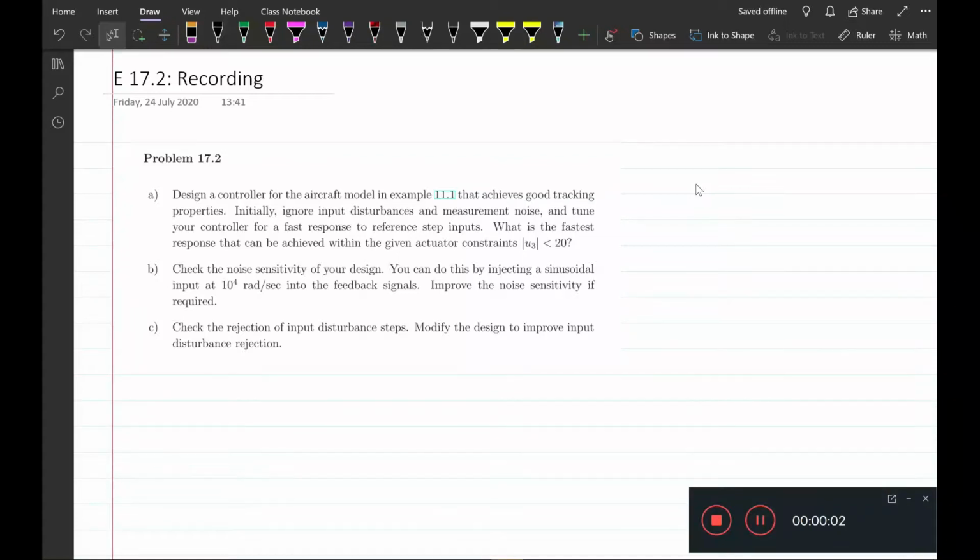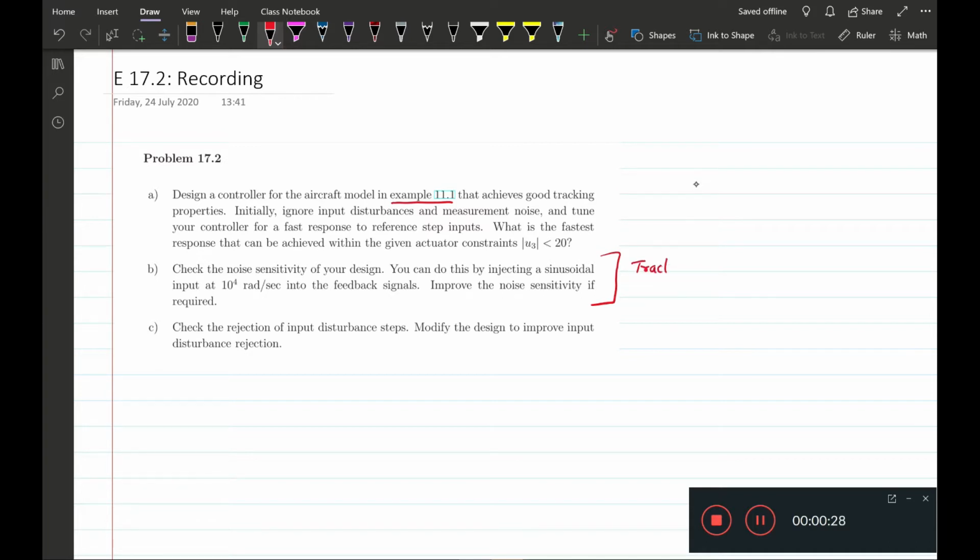Welcome everyone. Let's have a look at problem 17.2 which you see on the screen right now. In this problem we are supposed to consider again the aircraft example in 11.1 and now tune it with the Hinf command, so basically via loop shaping, and understand the trade-off between